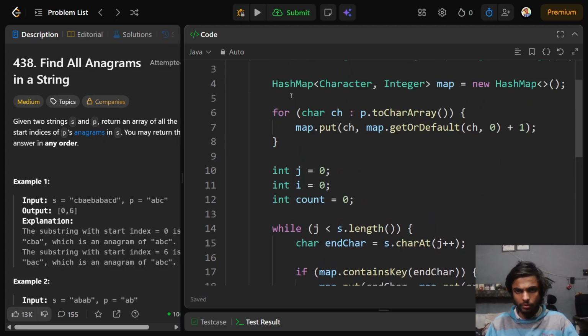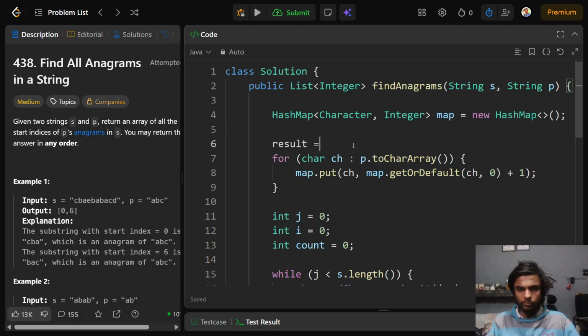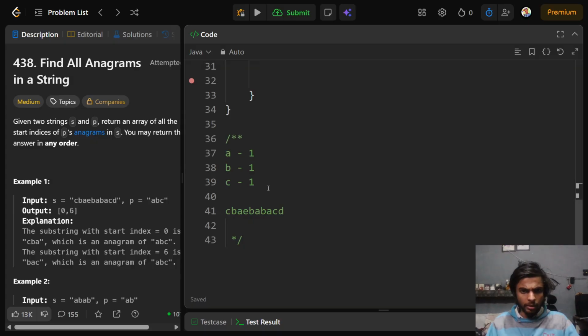let's first of all, I also need a result list, list of integer result, new array list, and result dot add i. Now how do I set the frequency back to the original frequency? By this time they have become all zeros,